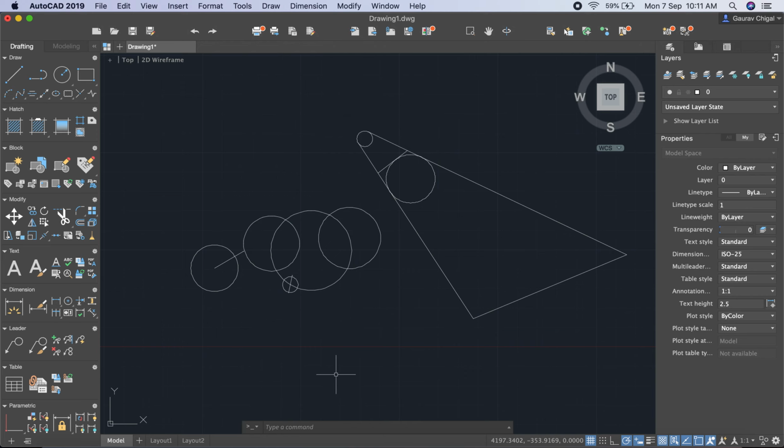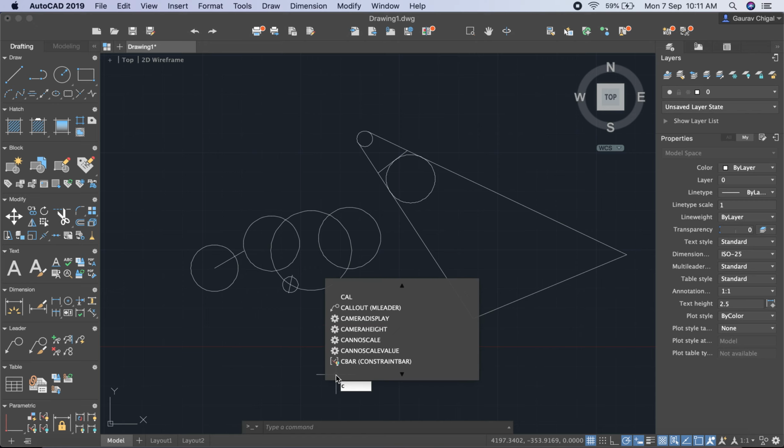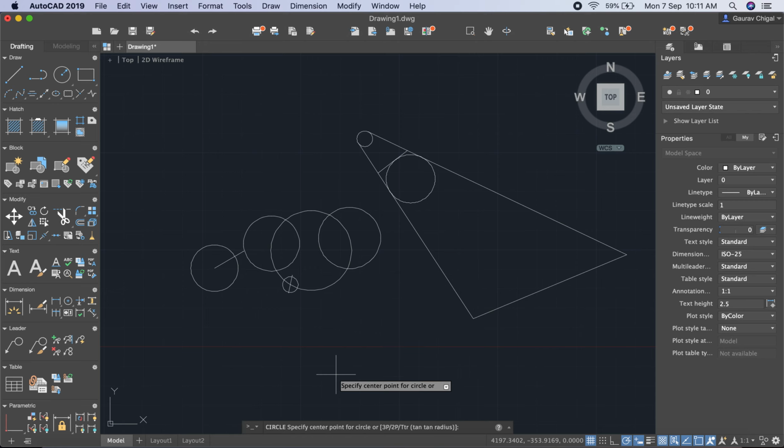You can also draw a circle by pressing C on your keyboard and then enter, and you can see in the bottom command line that the circle command starts and asks you to specify the first point of the circle anywhere on the screen like this. If you want to draw the circle with the help of radius or diameter, you have to define the options on the command line at the bottom, by which you can draw the circle as per your requirement.